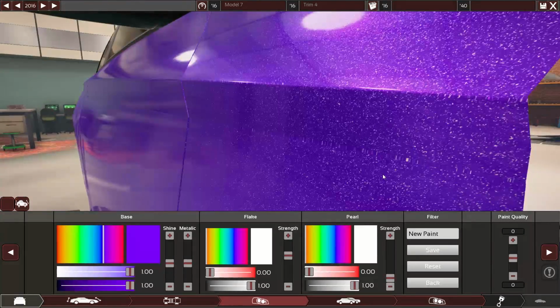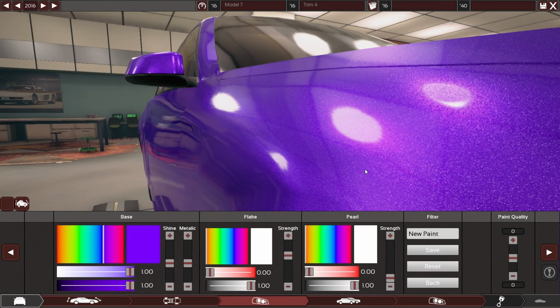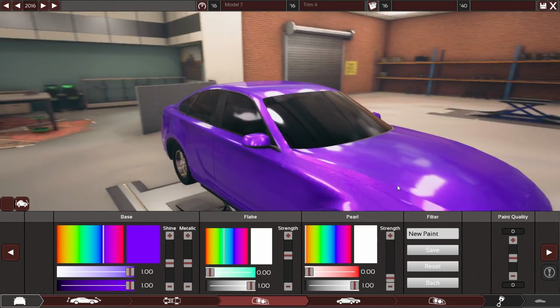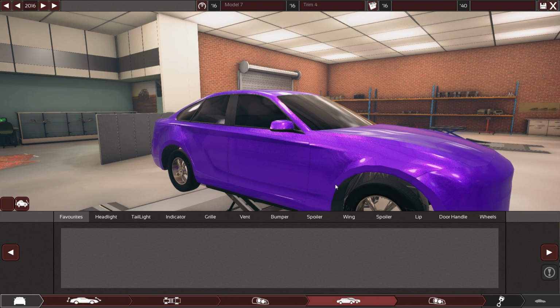So yeah, there's going to be a lot of different options for you to create your own car paints. And yeah, also the coloring of the flakes currently isn't working, but this will be pretty fancy overall. So you will be able to make whatever car paint you like. Of course, this will be somewhat limited by what year you are in. In 1940, you will certainly not have this kind of paint available to you. Anyway, so this is kind of fancy, a nice flavor addition, so to say, to the game,